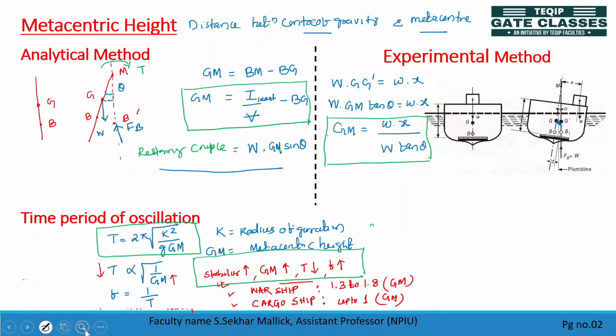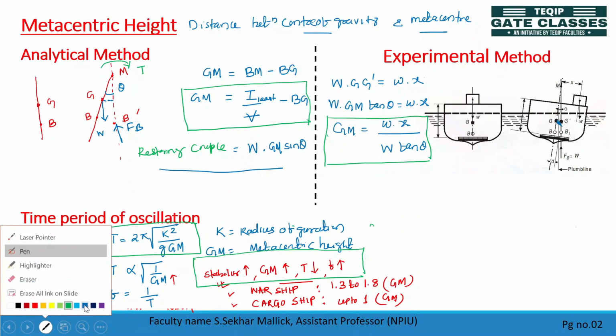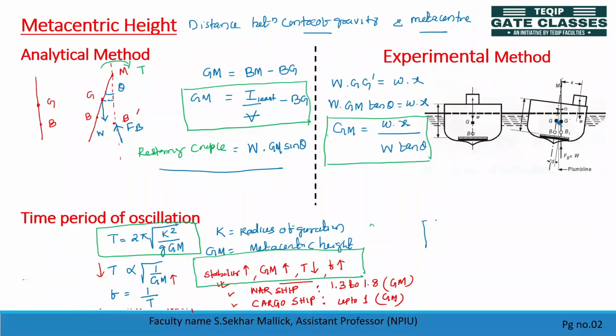Now tell me one thing, have you come across the words pitching and rolling? Whenever a body oscillates, these two conditions may arise, pitching and rolling. Suppose this is the top view or plan section of a ship, and I am assuming the ship plan section is a rectangle. This is the longitudinal axis of the ship. If the ship oscillates about this longitudinal axis, with sidewise movement, then this condition is called rolling.